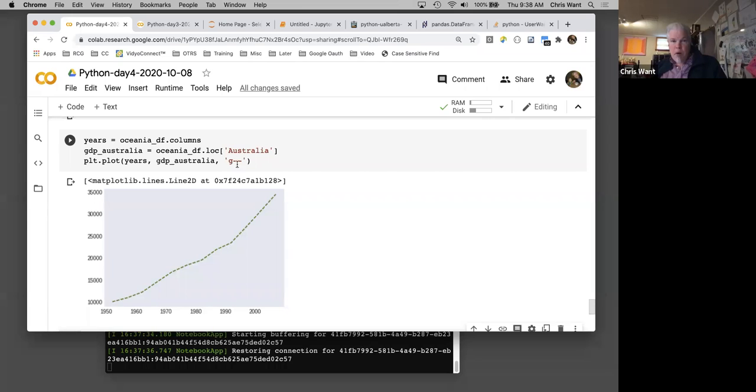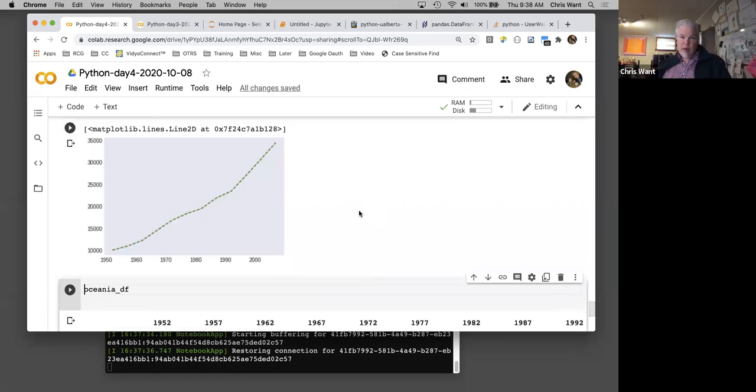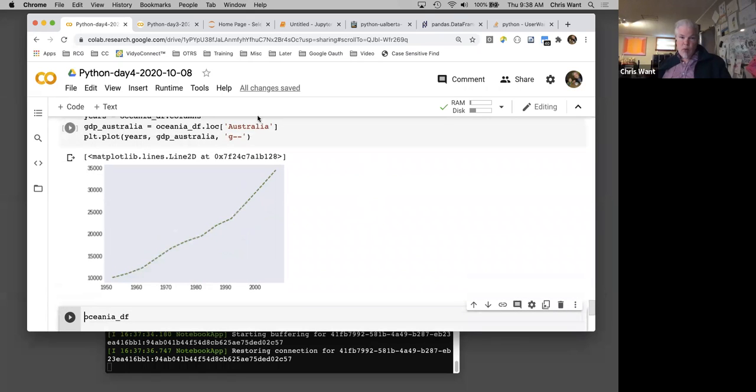Okay, well, yeah, it's the marker type. So the g in this case stands for the green color, and then the two dashes are shorthand for dashed lines. I'm not a huge fan of this syntax because it seems like it doesn't scale very well. But on the other hand, it's really quick to type, so it does have that advantage. So maybe we'd be wondering, what are all the different things we can put in this third argument? And again,